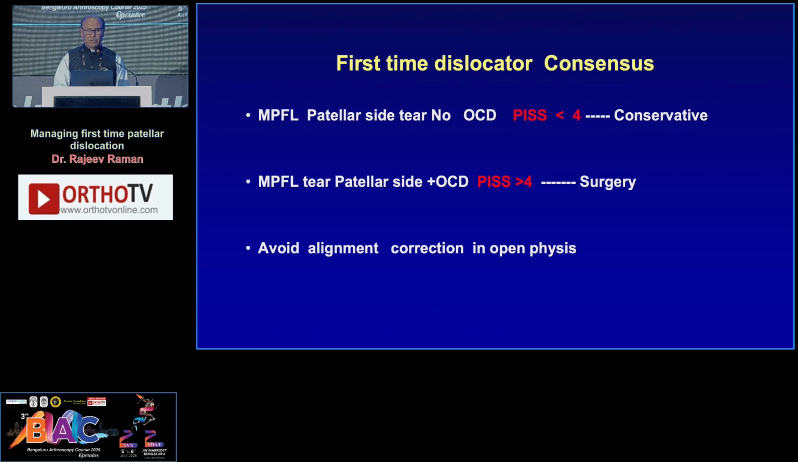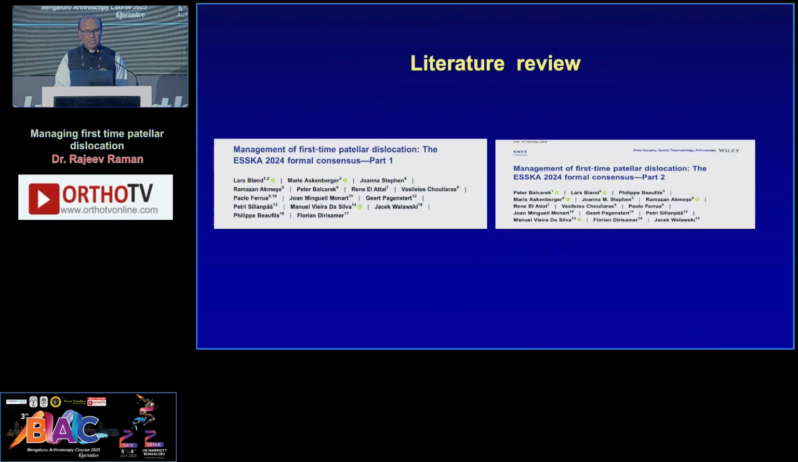MPFL patellar side tear, no osteochondral defect, and PISS less than 4, try to treat this patient conservatively. MPFL tear, patellar side osteochondral defect, PISS more than 4, try to go for surgery. Again, bony procedure, try to avoid bony procedure in open physis, because of chances of malalignment in this patient, always avoid at least TT transfer. If you are planning for some amount of bony alignment, you can go for coronal alignment only by hemiepiphysiodesis or something like that. So these are the two very good papers for juniors,